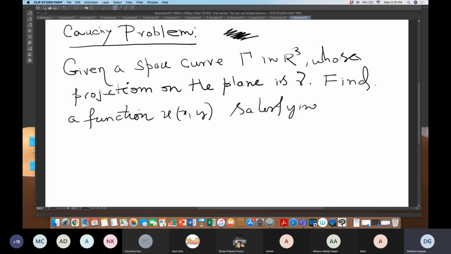That means, you know what that is, a u_x plus b u_y equal to c, satisfying (1). Such that